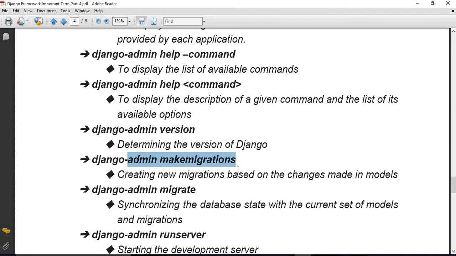Whenever we change something in our database, we have to use it.